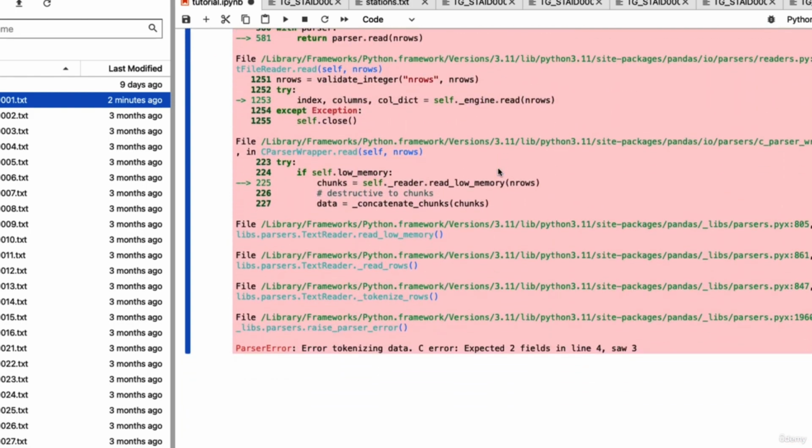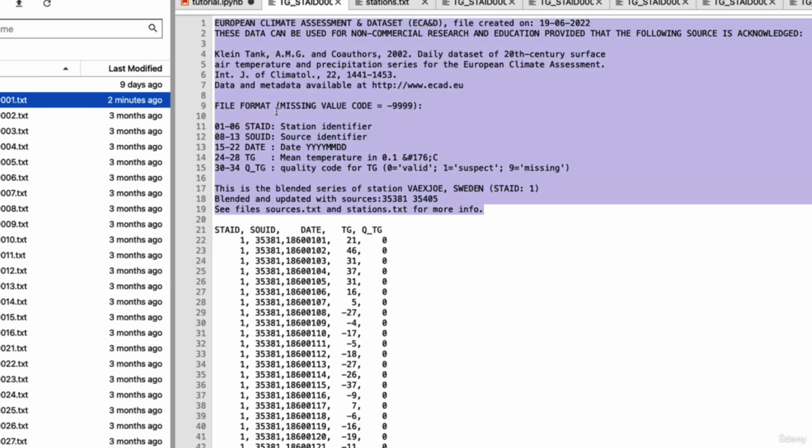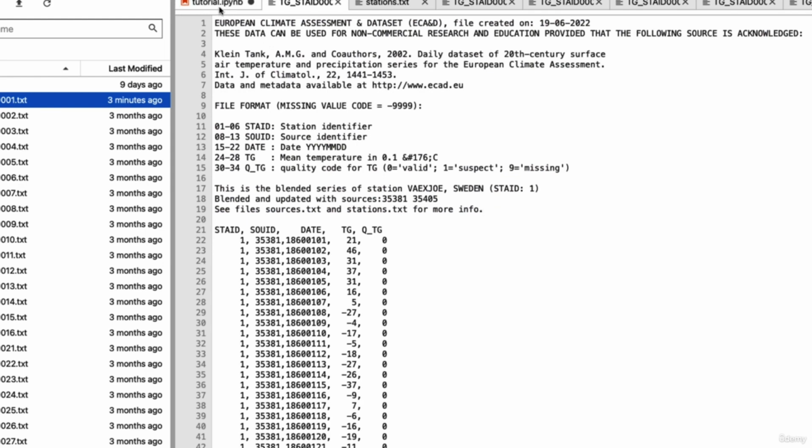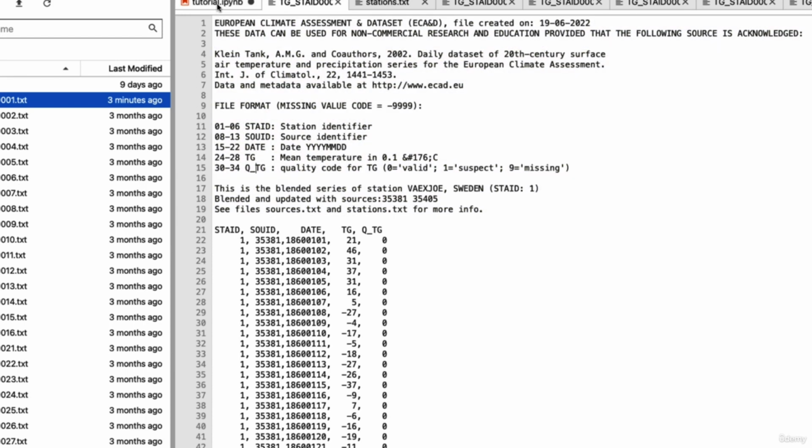And the first thing you will get is an error. Error tokenizing data. This is a common error when pandas is not able to parse the data. So it means that the data are not in a well-structured format. And that is true because we have these descriptions here, which are not actual data. And now you have two options. You either want to manually delete these, which I do not recommend, because there is another method,